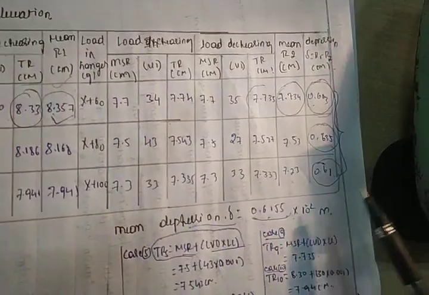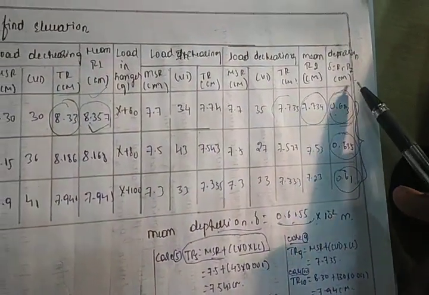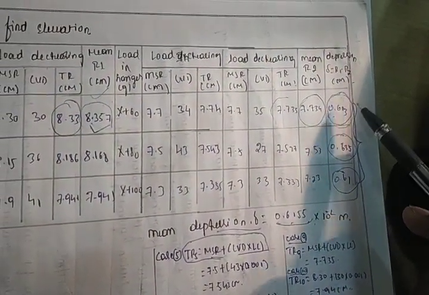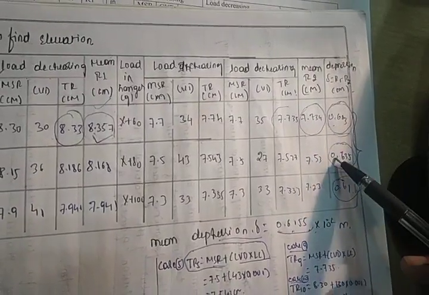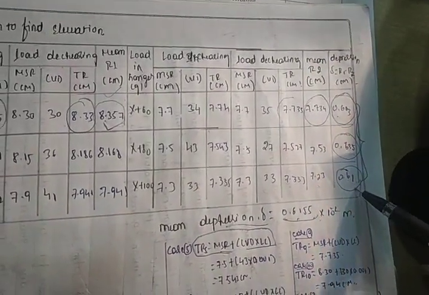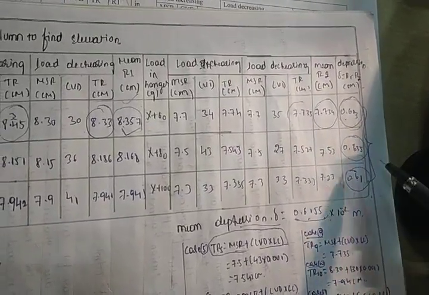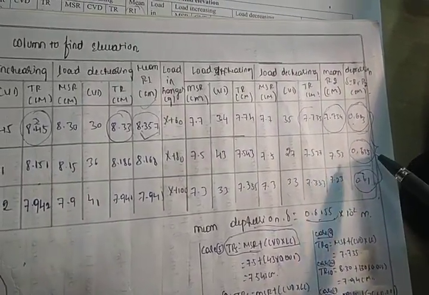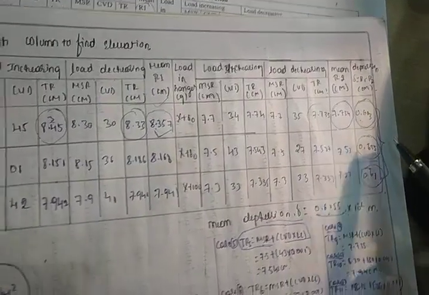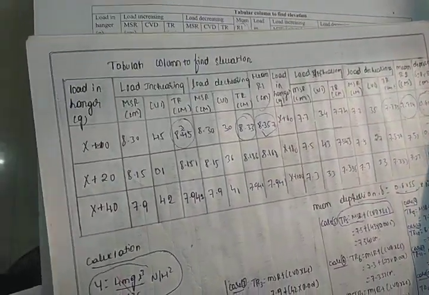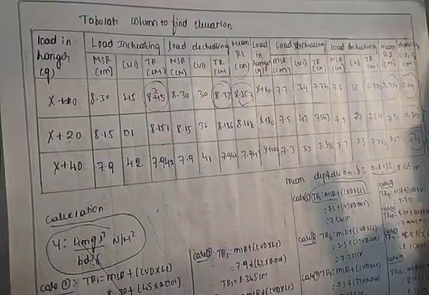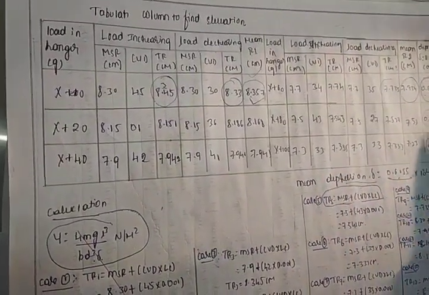We are getting consistency because we are measuring for 60 grams, so equal variation is there. Here we are getting 0.603, here 0.63 and 0.61. It's a small variation, so it's almost consistent. Hence we can say that our observation is proper. If you are not getting consistency, and there is a lot of variation, it means it was not properly observed. Then take the mean of that.